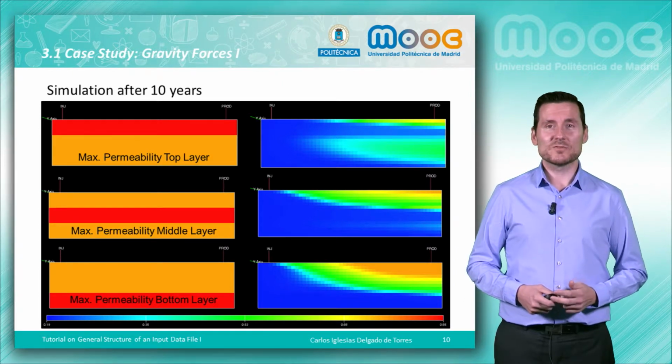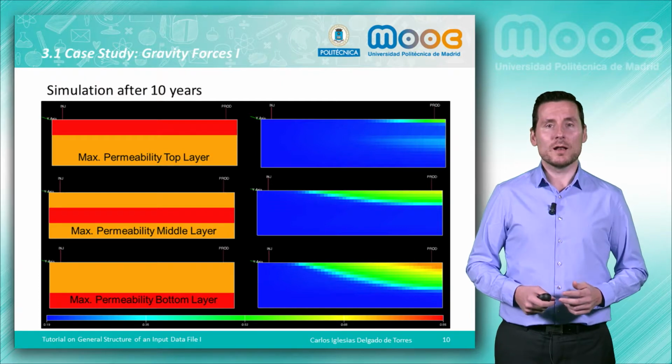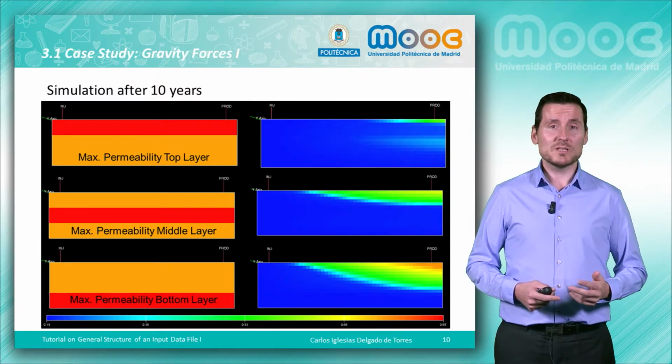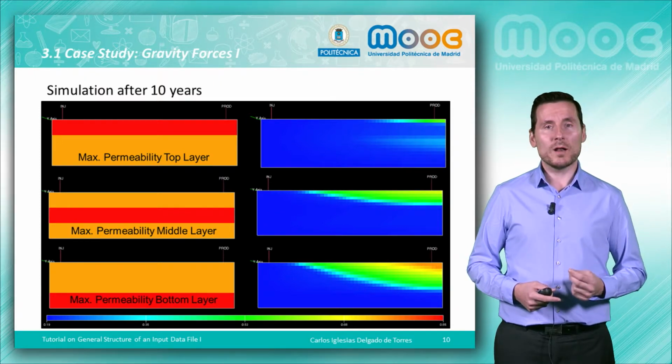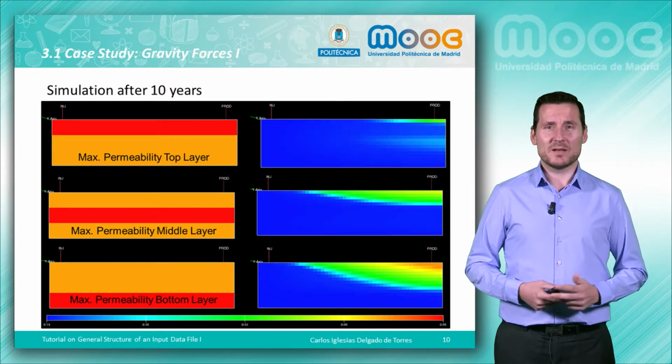Finally, after 10 years of simulation, it is possible to see that the top model almost swept all the oil. This is due to the injected water advancing through the maximum permeability layer, as in all the cases, but with the difference that this water, due to the positive action of gravity forces and vertical communication, also swept oil in the vertical direction. In the bottom model, exactly the opposite happened.